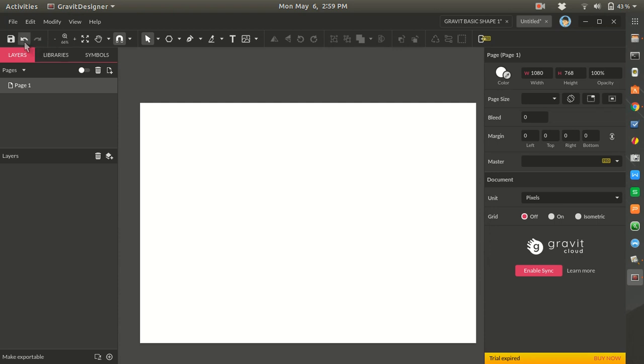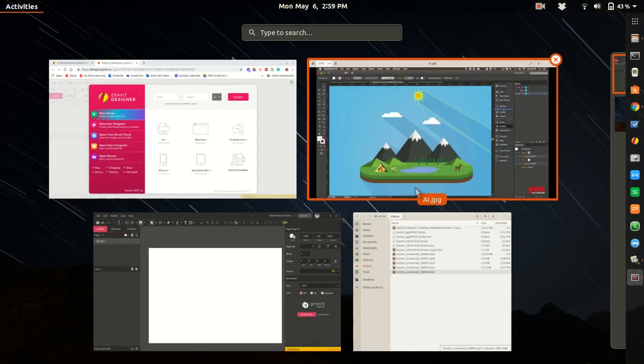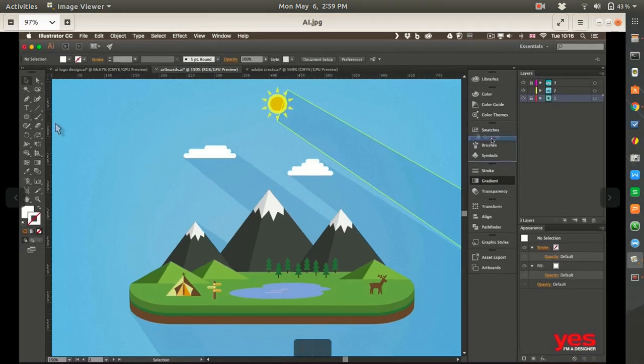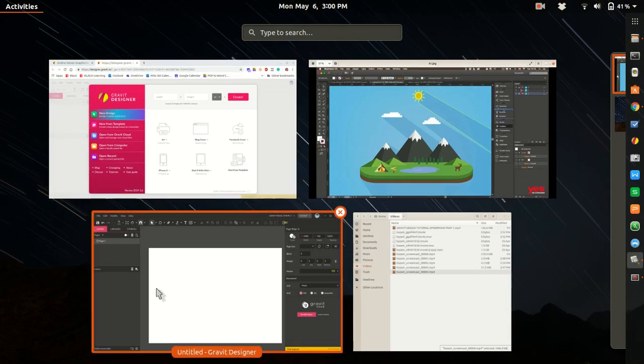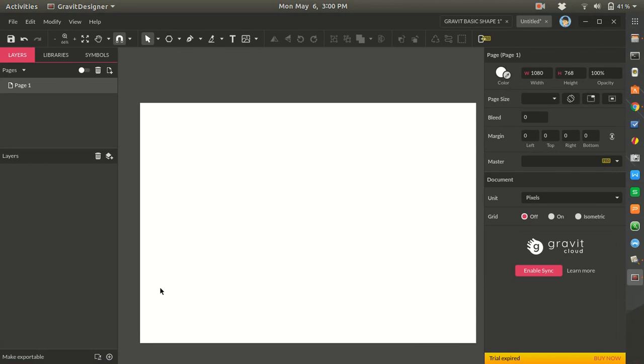This is the tools. Basically, this is the tools. In Illustrator, the tools are arranged here. I'm getting these screenshots from Yes I'm a Designer on YouTube. I just Google it. This is for Adobe Illustrator CC. Their tools are based on our right, but in Gravit Designer, the tools, such as select tools, pen tools,